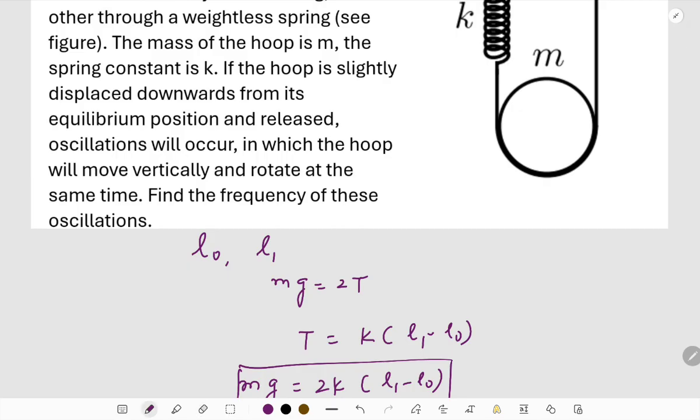So start with the fact that the center of the hoop shifts downward from the equilibrium position by a distance x. This is the equilibrium position and it has come down a distance x. It is rotating as well, but